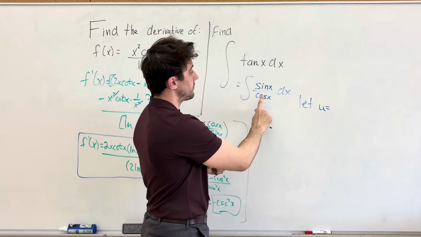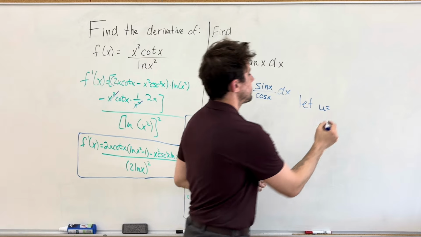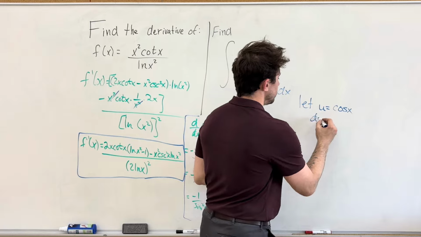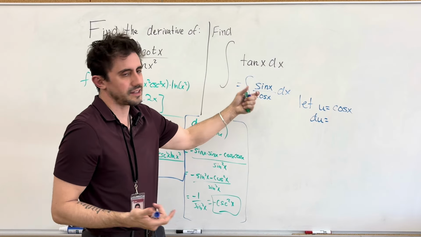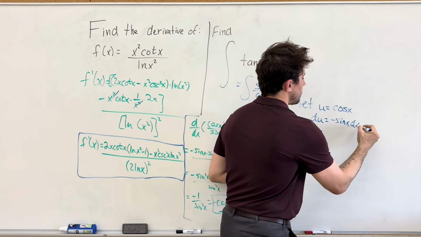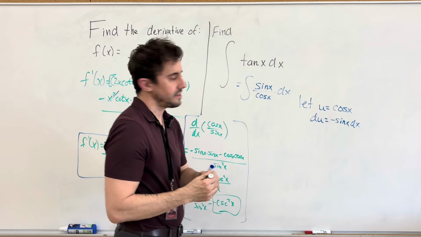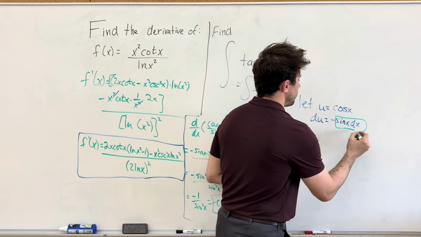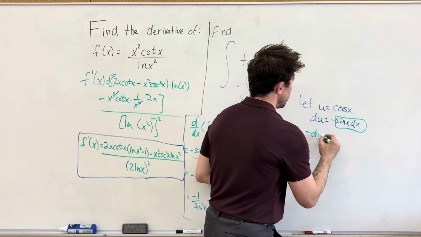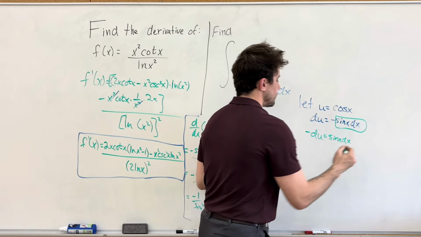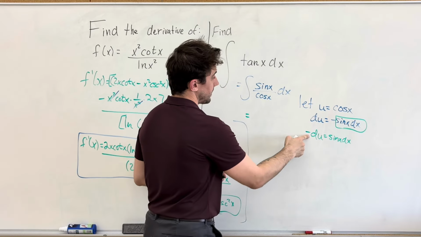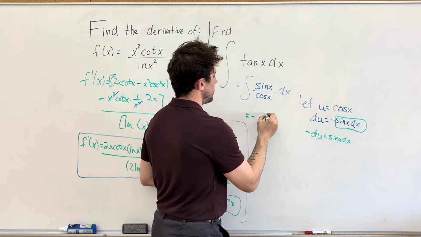What'll work much better is if we make the denominator, the cos of x, our new variable u. Then our du is going to be exactly what we need. There'll be a negative in there, but it'll be negative sine x dx, and it's the sine x dx that we have to grab. So if we divide both sides by -1, we get negative du is equal to sine x dx, and so we can substitute that in. Our integral becomes, the negative can go outside as a constant of -1, so the negative integral of